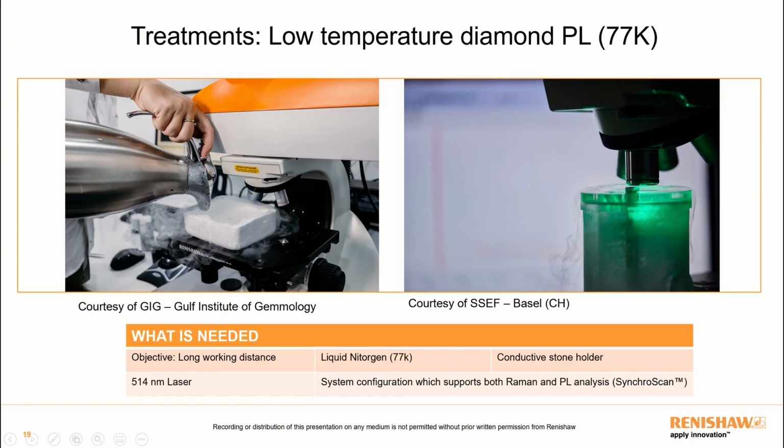For this reason, the stone has to be fully immersed in the liquid nitrogen, and the liquid nitrogen has to be refilled from time to time. You may also notice that during the measurement the stone can sit on a thermally conductive holder like a metal. In this table here I summarize the experimental conditions, but it is also to be said that every gemmological lab has its own recipe for the experimental condition,